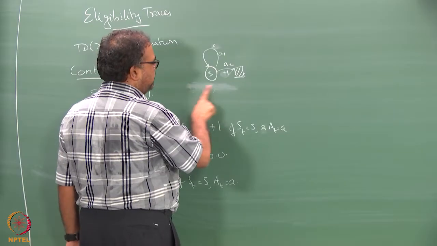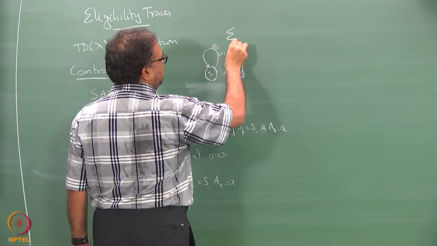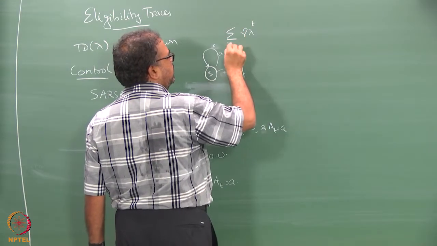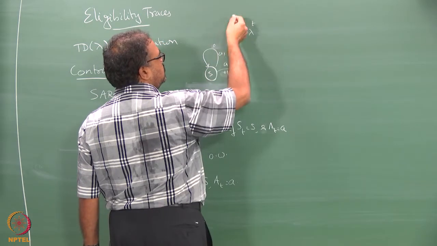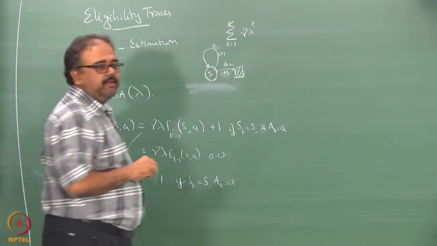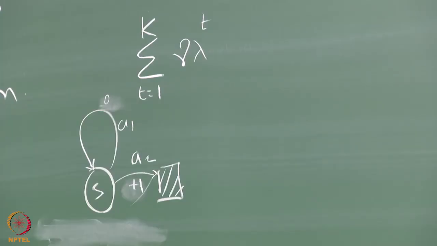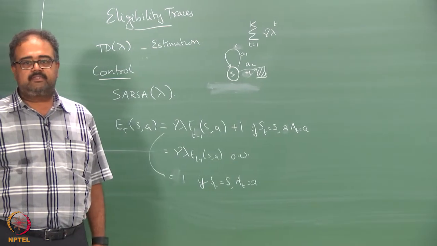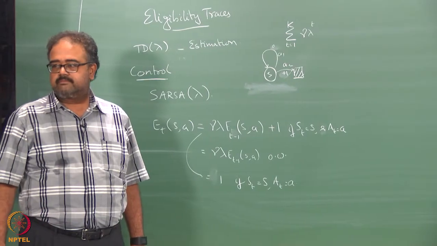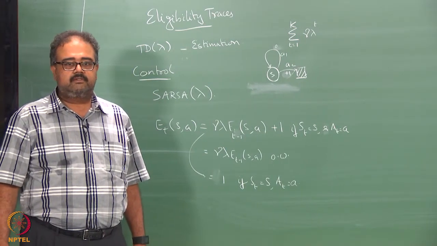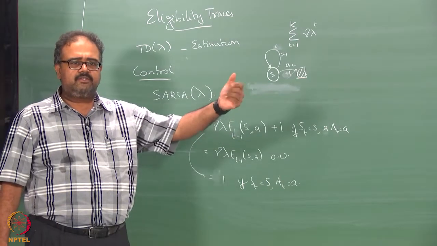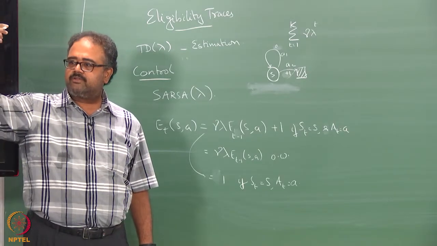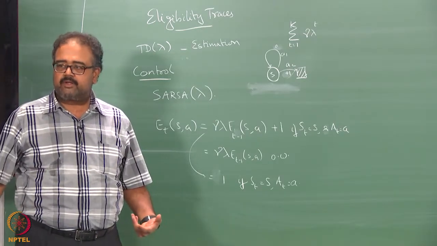My trace for this will be some number of times gamma lambda power t, t running from 1 to some k. Depending on the exact values of gamma lambda, this number can be much larger than 1. So yes, it is decaying, but you think about every time I am upping it by 1. So it could be a number larger than 1,